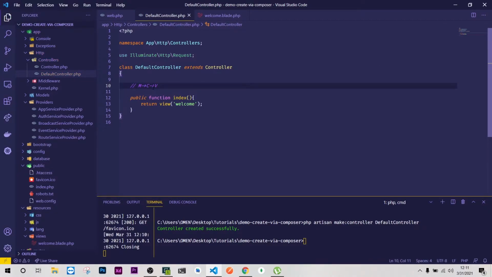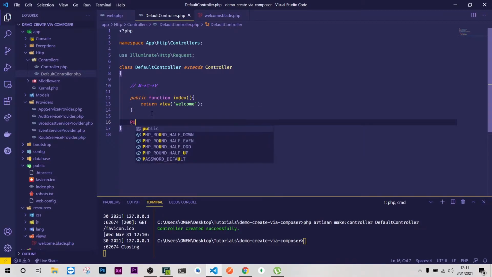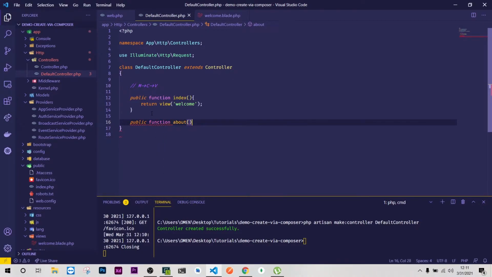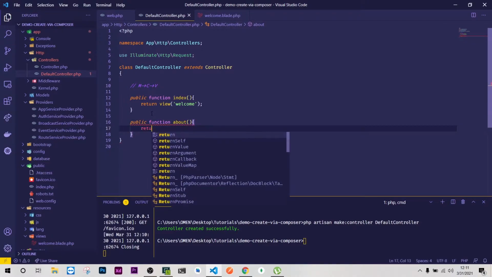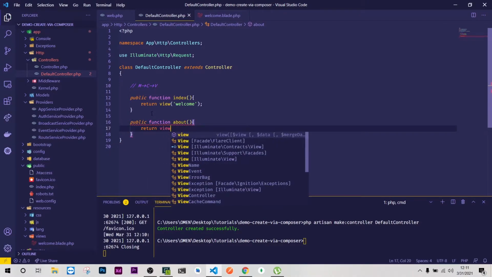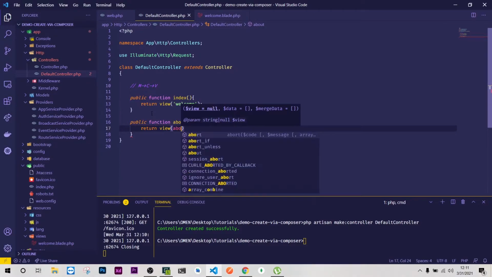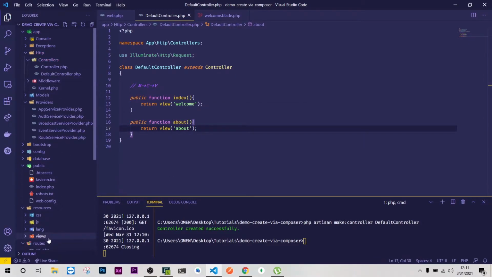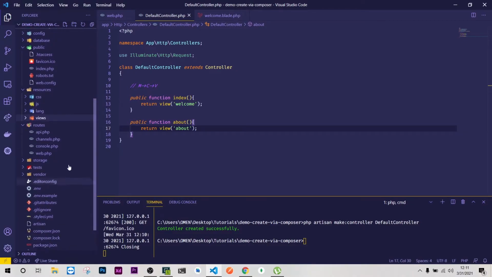So I want us to understand it like this. We'll have a controller sending data to a view, and then the view displays whatever we want. So this is one way. Another way that we've discussed is we'll have a public function. Let's just call it about, and then here we return a view, and we can have about. And I want to show you something else interesting. Show about, and then inside our views folder, we can create